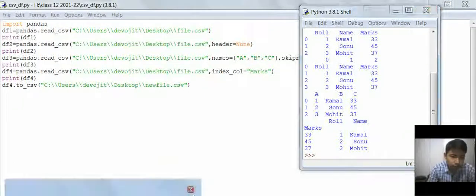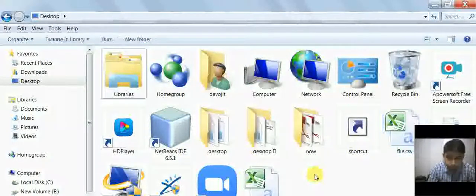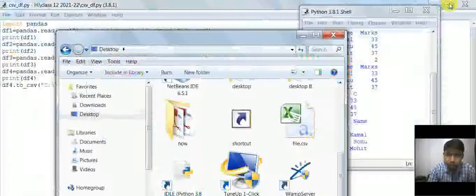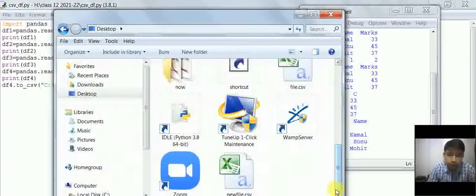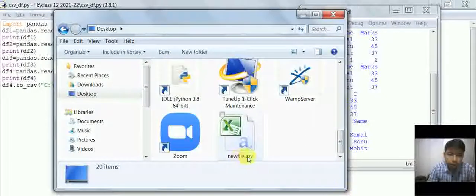Now, as you can see, I am going to see the desktop, and there I have found a file called newfile.csv. So it is exporting the data frame into a CSV file.